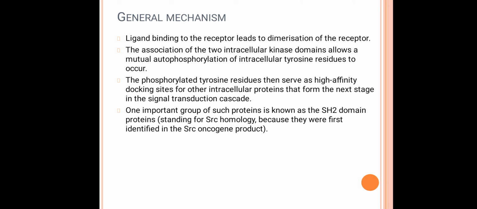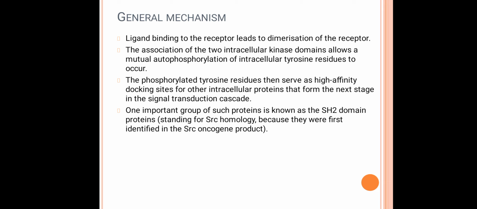That is, the tyrosine which is present on one receptor will be phosphorylated by the kinase which is present on the other receptor. So this is called cross phosphorylation. When a ligand binds to the extracellular ligand binding domain, cross phosphorylation of tyrosine residues occurs. This is going to attract a protein called SH2 domain